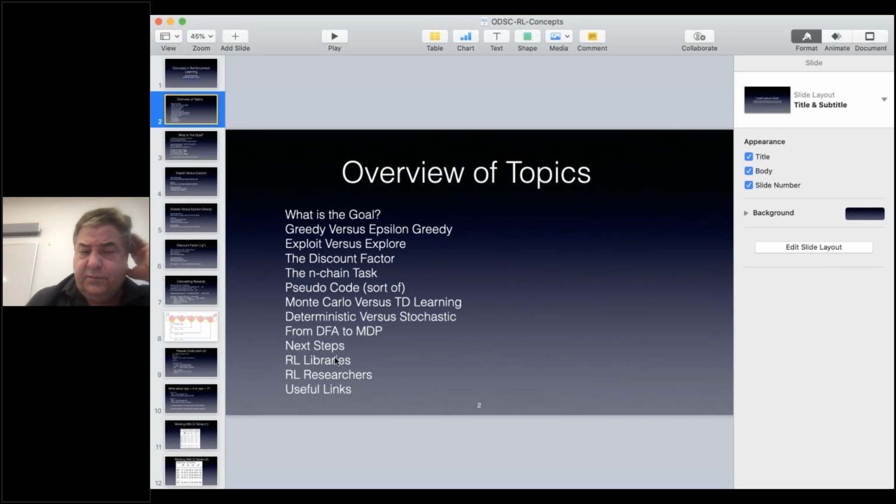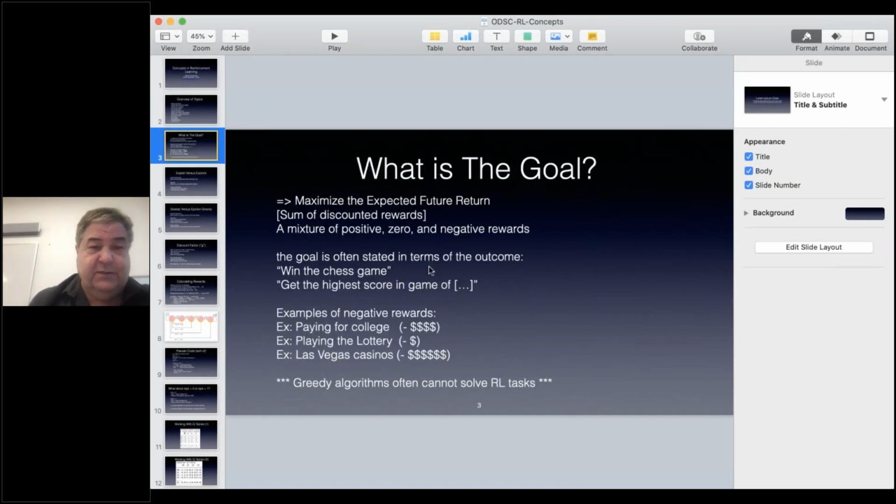A little bit, some of the reinforcement learning libraries, some of the people, and then some links that'll be helpful for some additional material. So with all that in mind, the goal of reinforcement learning is to maximize the expected